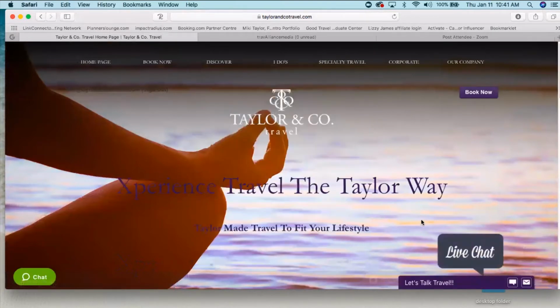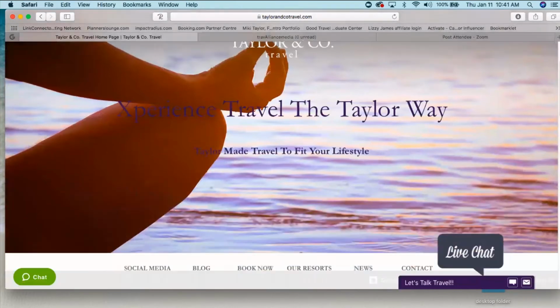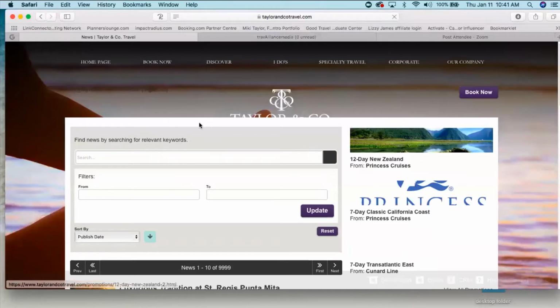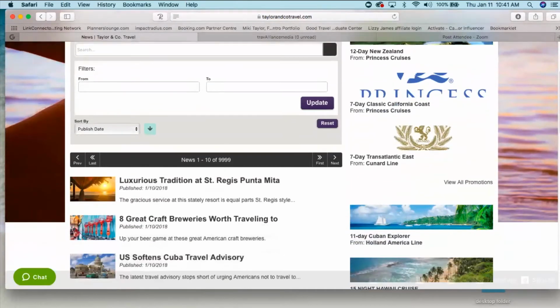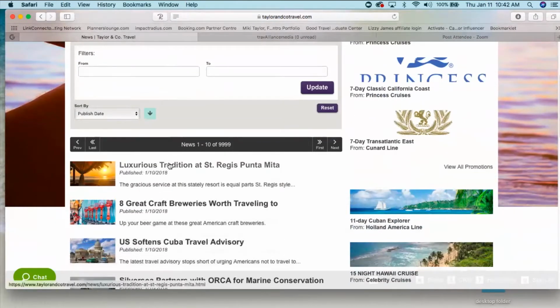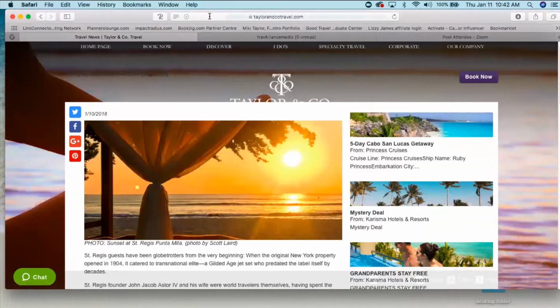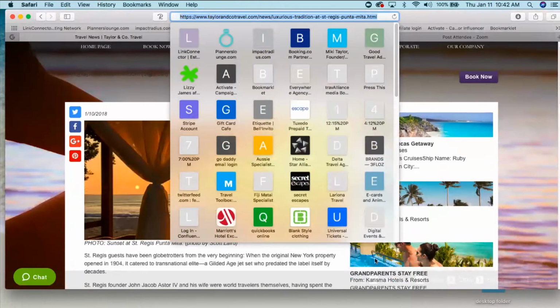Let me get rid of this, and my news is down at the bottom. So let's look at the post for today. Okay, one of my favorite places, Punta Mita. So I'm going to bring up this article and let's work with this link.